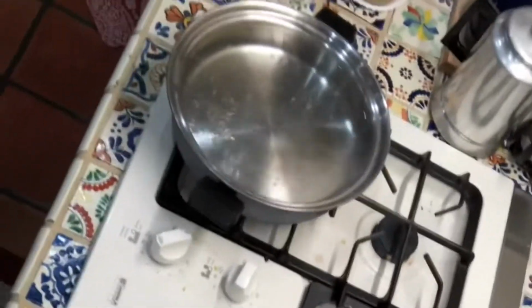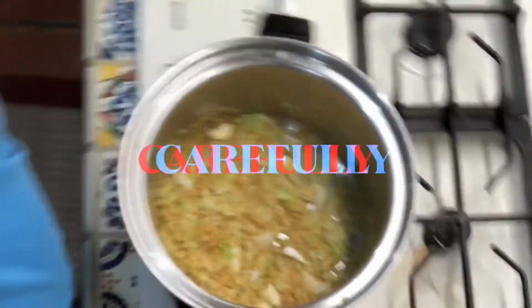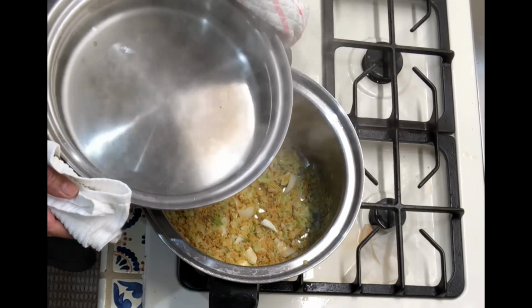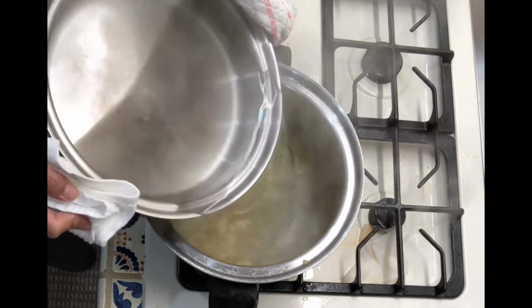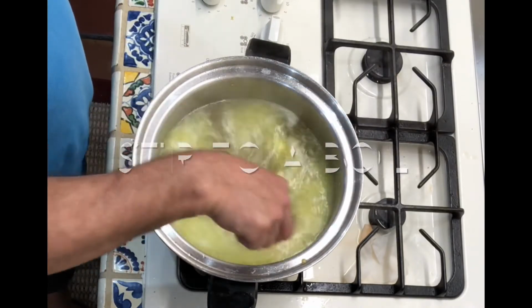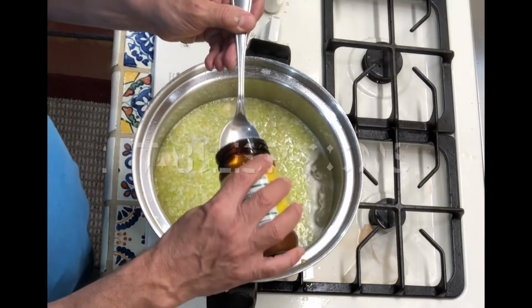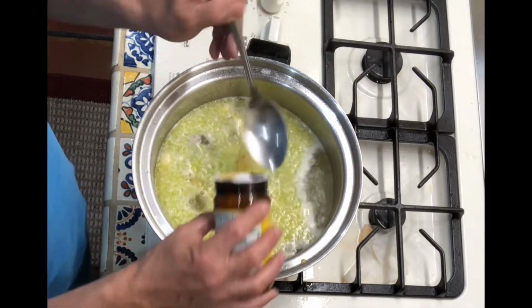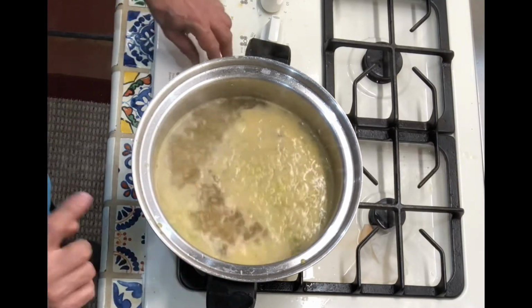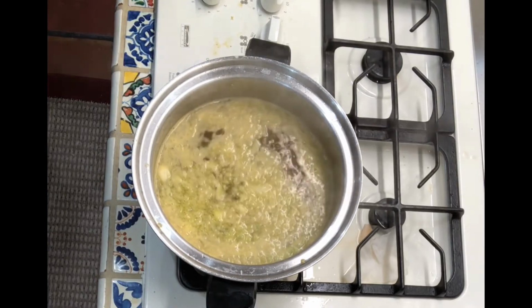Seems like the water is boiling now, so we're gonna add very carefully the boiling water to the fideo. Always pour the water away from you. Next, I'm gonna add 2 tablespoons of chicken bouillon. Now I'm gonna lower the heat to low, and I'm gonna cover it